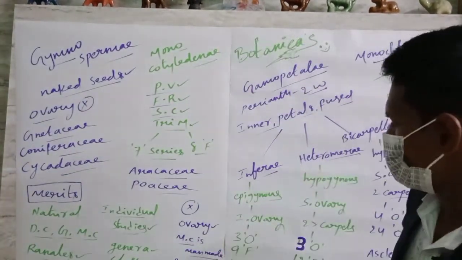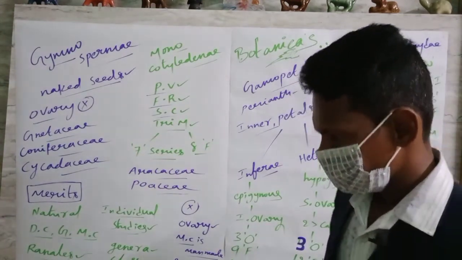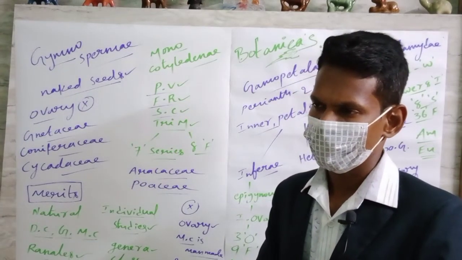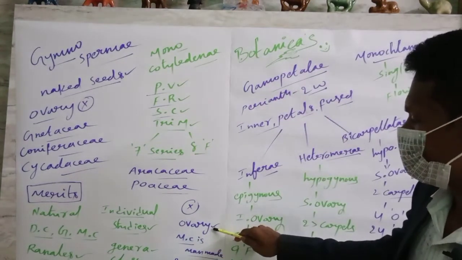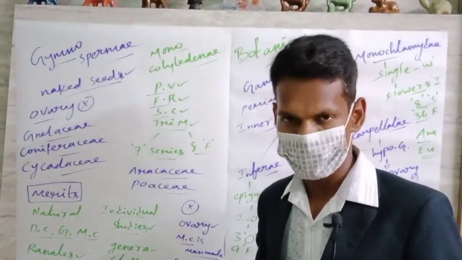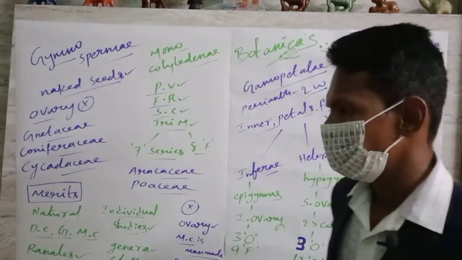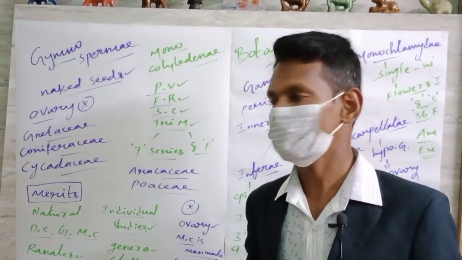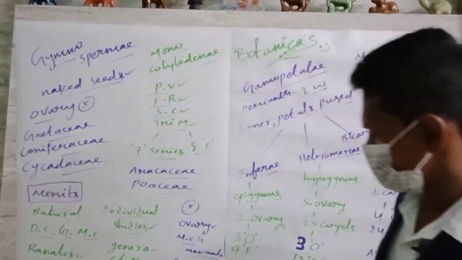Then coming to demerits, this entire system is classified and given its uniqueness only on the basis of the ovary arrangement and the perianth type. That's it. So ovary and perianth; except these two, the remaining characteristic features were not considered by the scientists Bentham and Hooker for this classification.